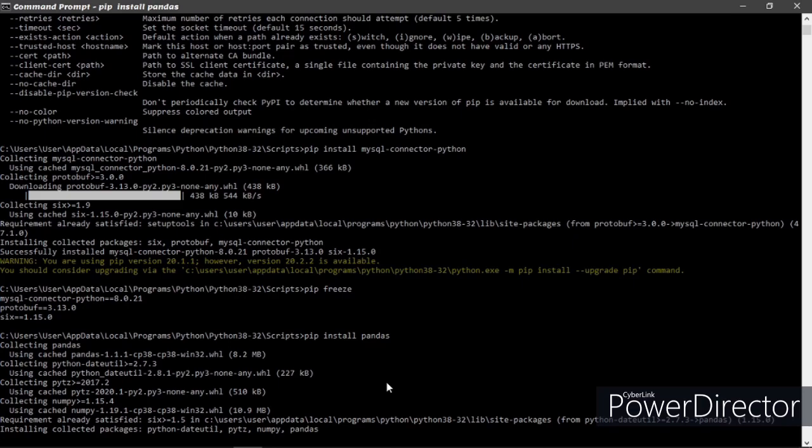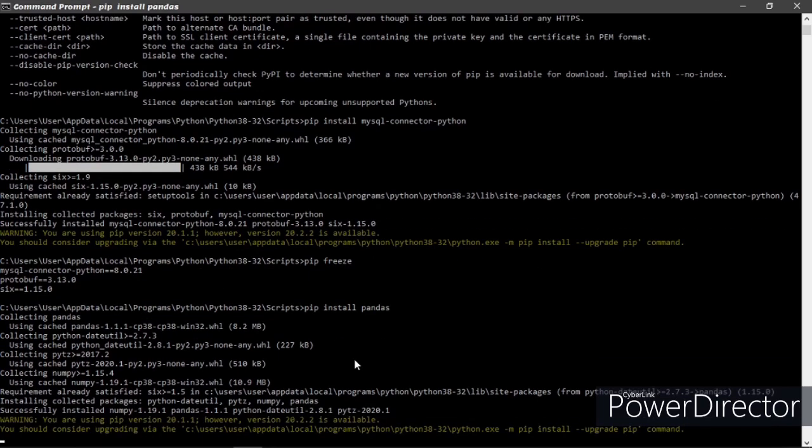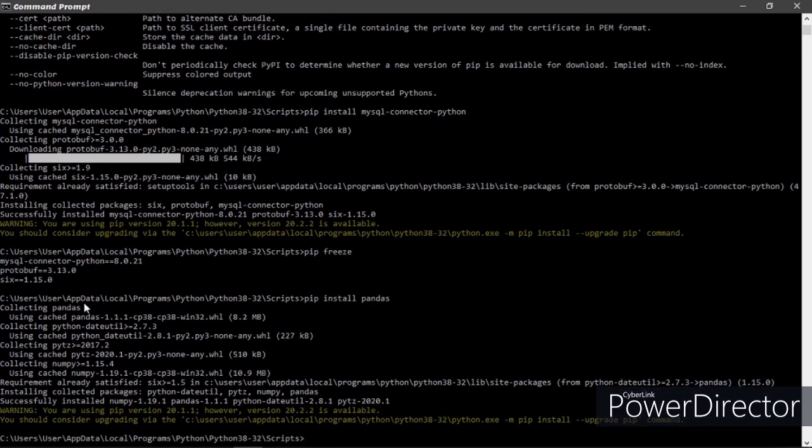So the pandas is now installing modules. Yeah, it has been installed. Now you can use the modules and import it into your Python IDLE.